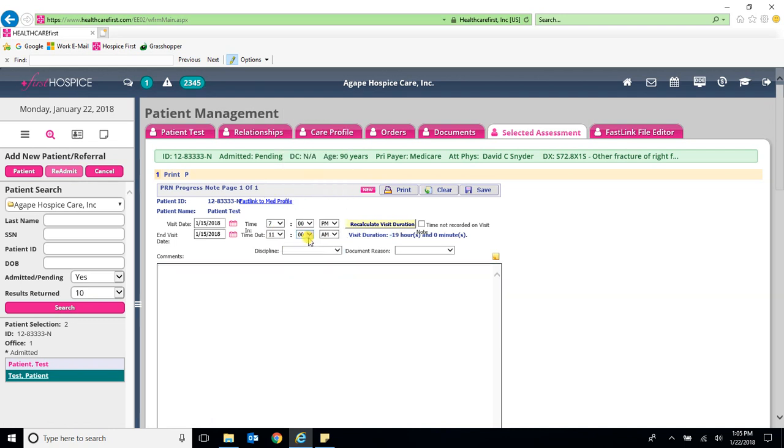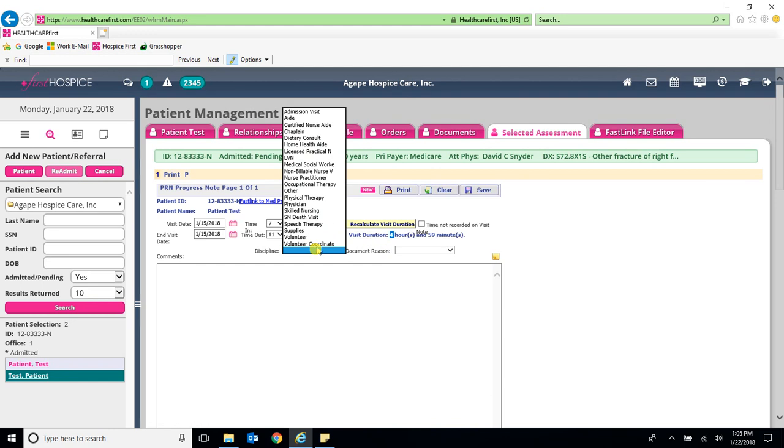choose 11:59 p.m. and hit recalculate. And now I have 4 hours and 59 minutes, which is what I should be looking for. Then I'm going to go to